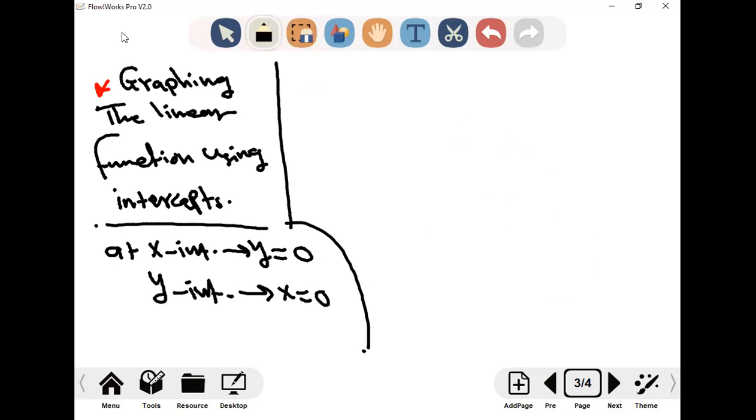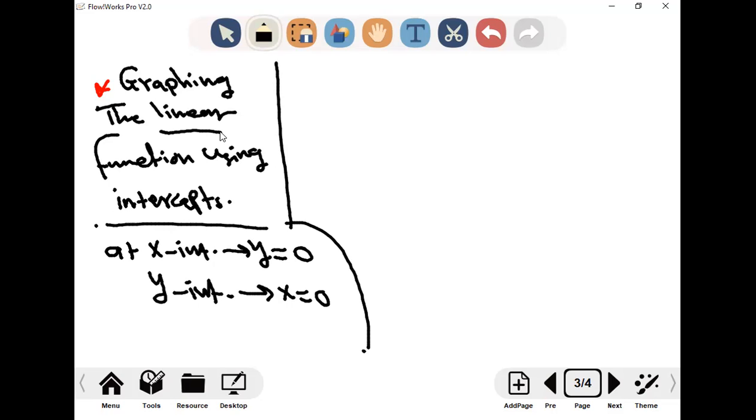Let's take example 5. Focus with me a little. By the way, in the previous lesson, we took how to graph by tables, right? In this lesson, we will take how to graph by intercepts. For me, I never make a table to graph. I always use this way. It's better than intercepts. Now, the graph, we graph what? A linear function, means it's a line, either increasing or